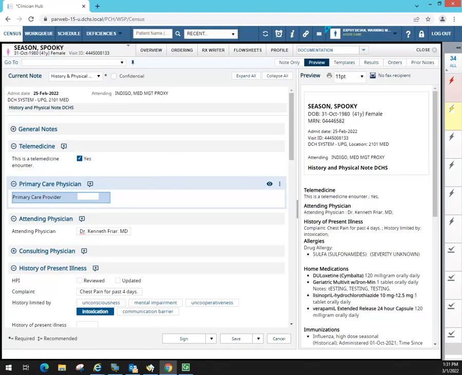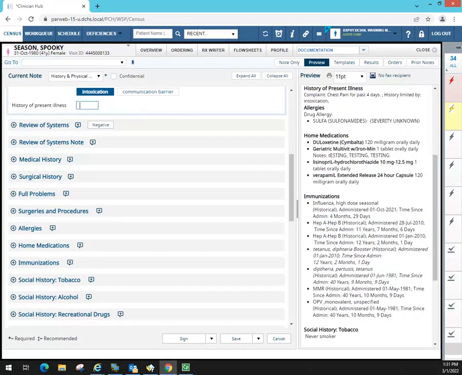I'm going to click in the HPI here, and I'm going to do HPI period with a space. And as you can see, I did the name of the macro, which was capital H, capital P, capital I period, and it came in. If I say, wait a minute, that's not the macro that I wanted. See how it populated the HPI period? Space bar. 41-year-old female admitted with hospitalist testing patient. That's the name of the chief complaint I have on this patient. And then we can keep typing